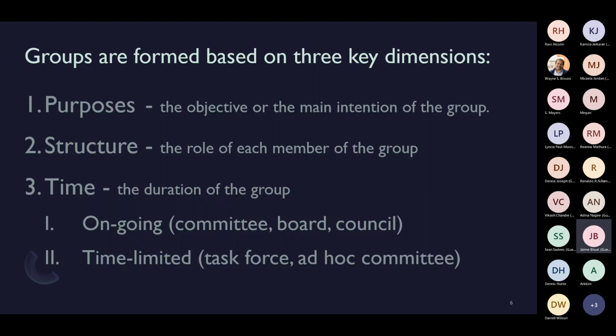Groups are formed based on three key dimensions, and these dimensions help us to understand the different types of groups. So they are purposes, structure, and time. So the first key dimension is the purpose of the group. Determining the intention of the group will lead to the structures and procedures necessary that will assist the individuals of the group to attain the goal. So, for example, the purpose of a group could be for friendship, where individuals share common interests and enjoy each other's company. On the other hand, in a formal setting, there will be a clear definition of purpose in order